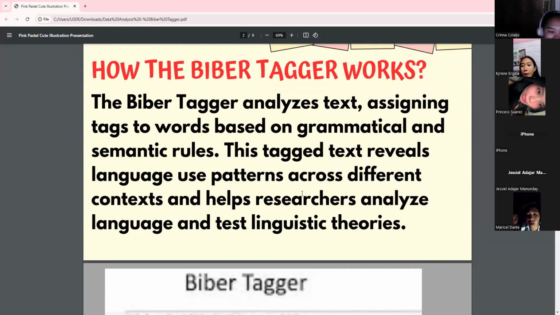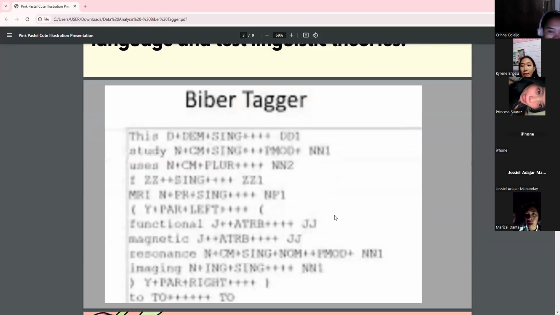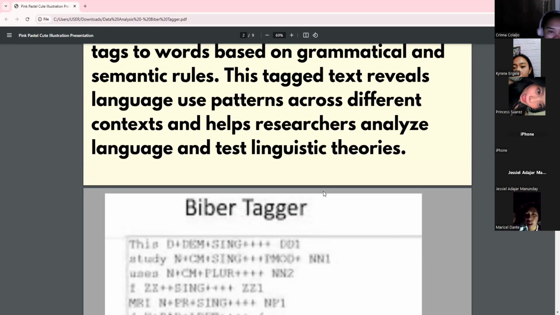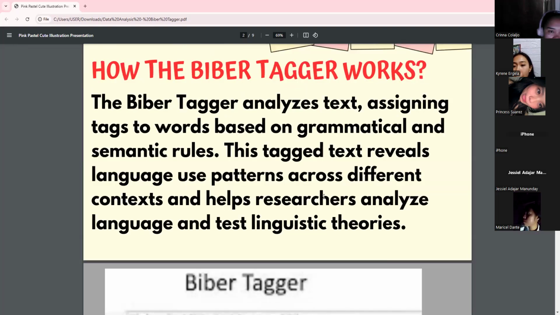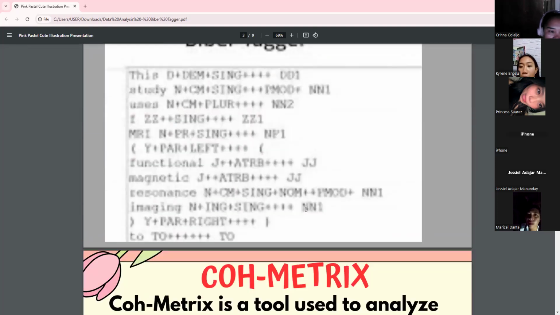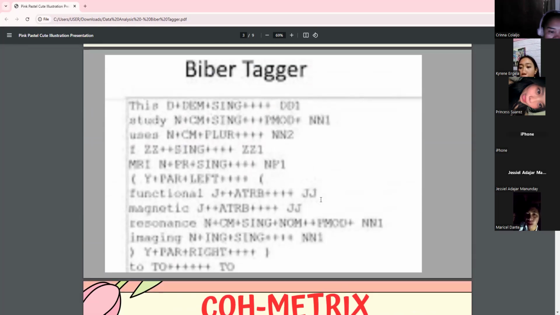An example of the tagger output: woman is n plus cm plus plur. The n indicates that woman is a noun, and cm indicates that it is a common noun, and